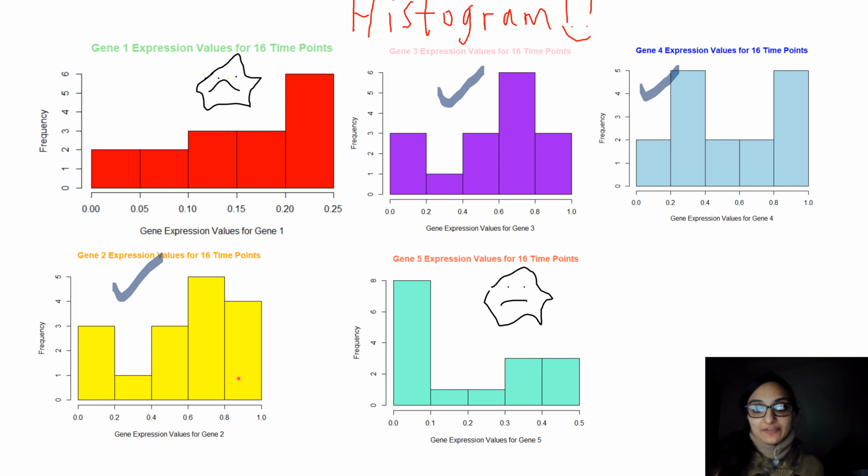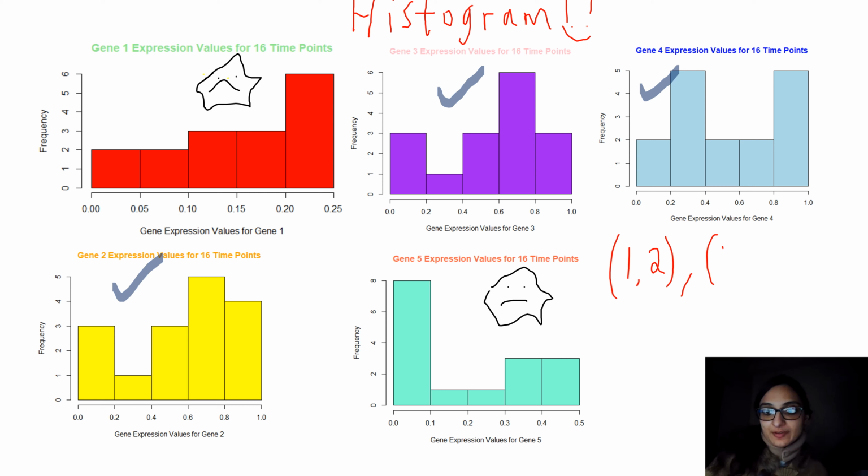And are there similarities in the changes between these genes and these genes and these genes? So we're basically taking all pairwise comparisons, hopefully trying to capture as many pairwise as possible. We'll be looking at 1, 2. Then we'll be comparing 1, 3, then 1, 4, and then 1, 5,